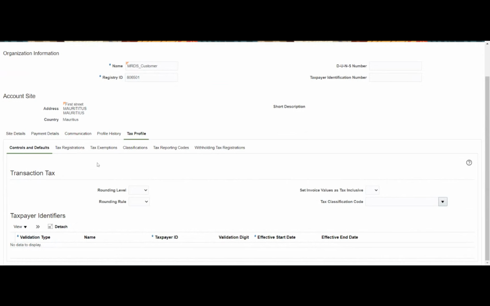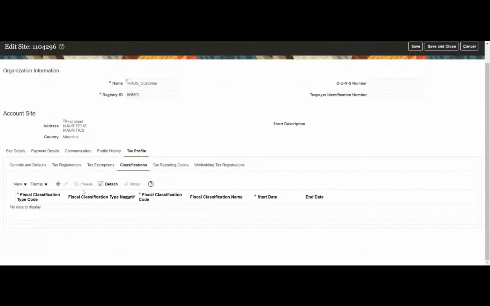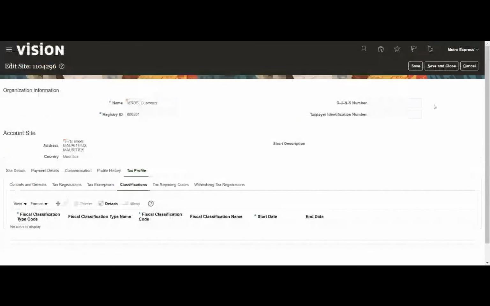Okay. So before attaching the details here, I will have the tax configuration created. After the tax configuration, I will come back to this page, attach the tax code that I have created there, and give those details here. So we will see those details at a later point of time. For now, these are the mandatory informations that we will give to the customer in order to create the invoice.